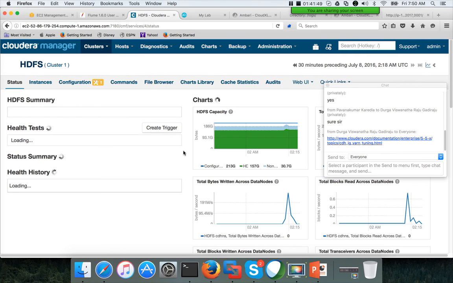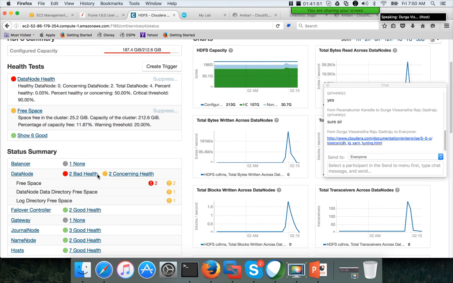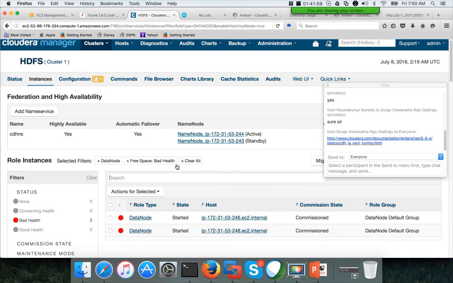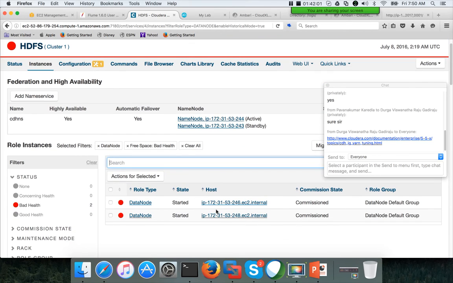Still it is complaining about free space. The way you can troubleshoot these issues will be a very good exercise. It is complaining about free space on 246 and 248.